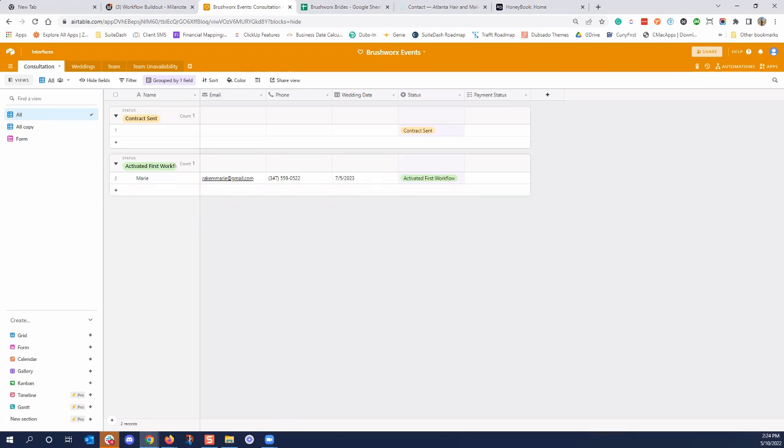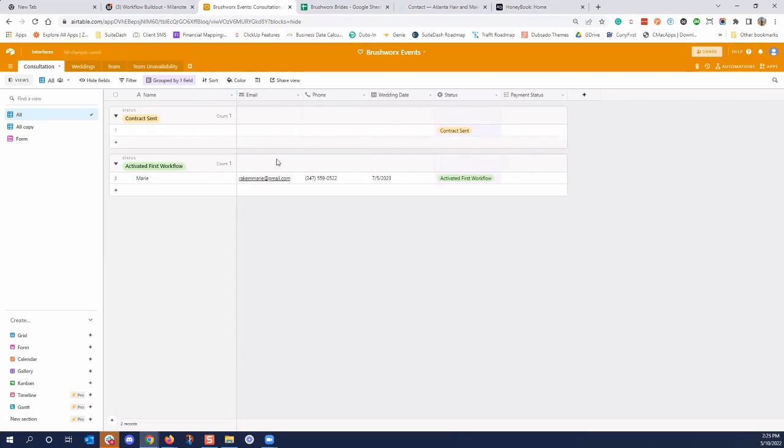I think activated first workflow is fine, but we don't really need the second one. Okay, so activated first workflow is fine. And then what will happen after that, because in that first workflow you're then gonna be able to send the contract, right? In that flow as well? Yeah, because I'll have to manually go in there, and generally before I send out a contract, there's a lot of conversation, solidifying the date and making sure all the things are there. Perfect. Yeah, all the questions are answered and all that kind of stuff.